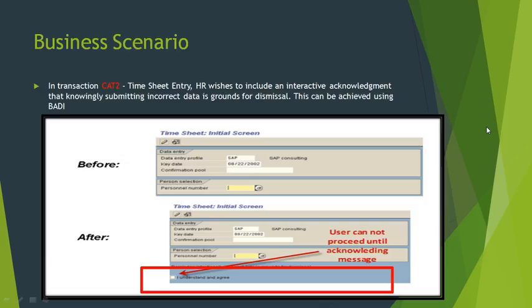So this is one of the business scenarios. The screen which you are seeing here is a CAT2 transaction screen, which is related to the timesheet. It comes under SAP HR. Now the requirement is that there should be one checkbox stating that I understand and agree, and then whenever it's saved, the message should come. So here you can see after implementing the BADI,